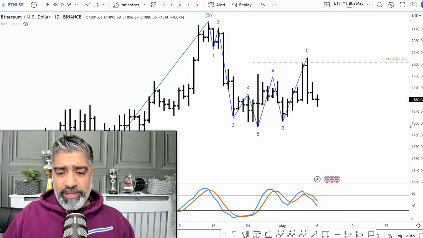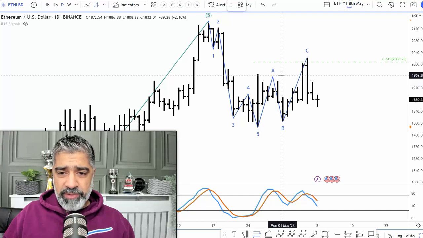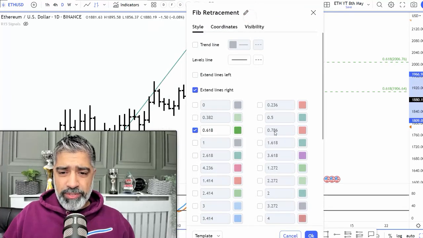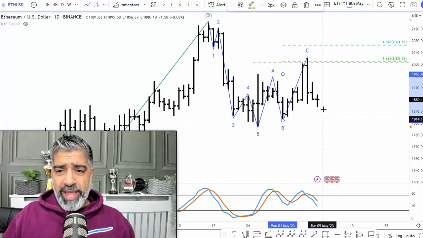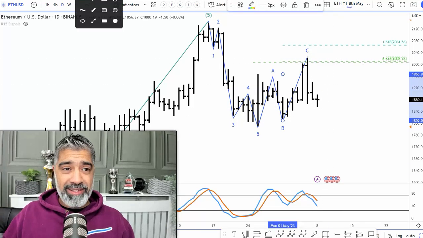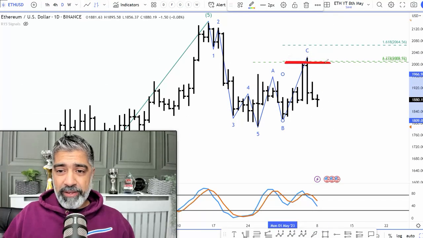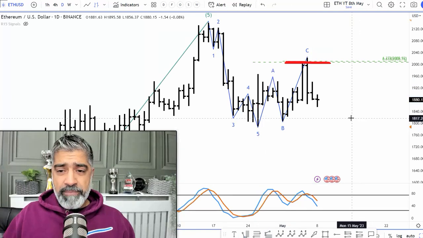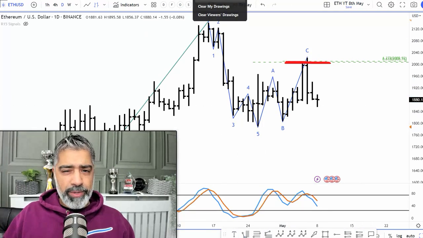So let's just do the second. It's called an external retracement. We'll do the extreme price zones. It's called measuring wave B. I won't go into too much detail. You'll just see the key ratios that we want to be aware of. And we can see this one's got a cluster. So this makes it really significant over here, right? And we can even just get rid of this one for now because we can see that it's likely not going to get reached. And then the third one I want to do, and I want to just quickly explain this to you,